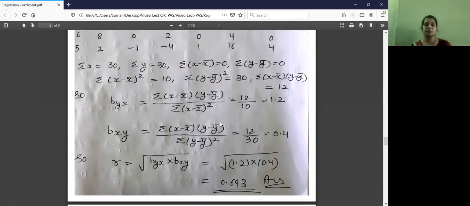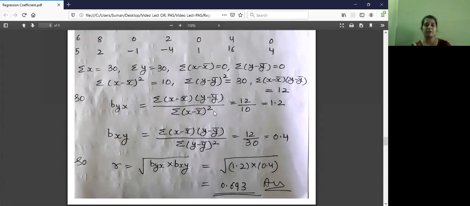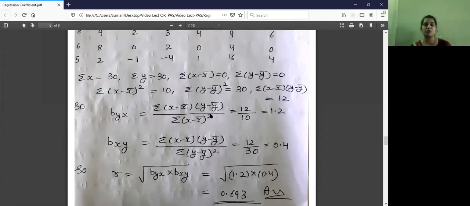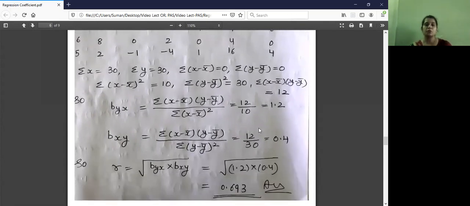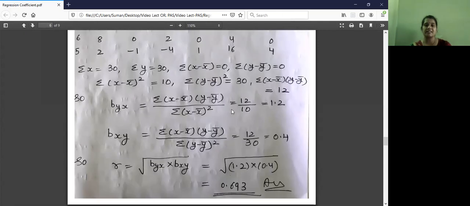Okay, so this is the example of the regression coefficient and regression line. प्लीज आप क्वेश्चन को सॉल्व करके देखिए. इफ आपको कोई कंफ्यूजन होता है तो आप मुझे पर्सनल मैसेज कीजिए. गॉट इट?